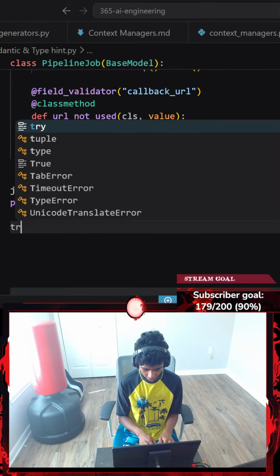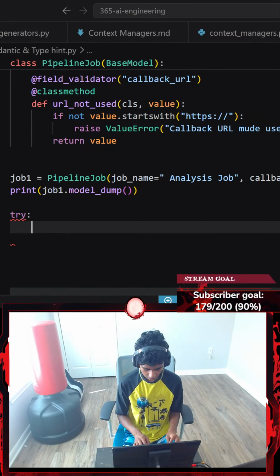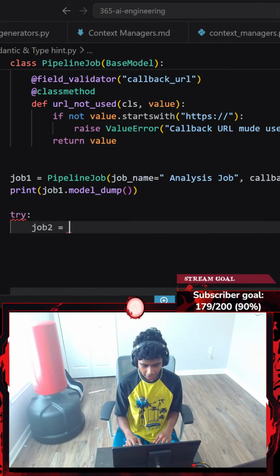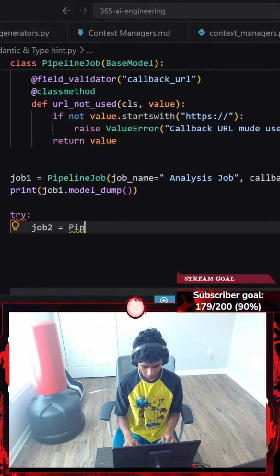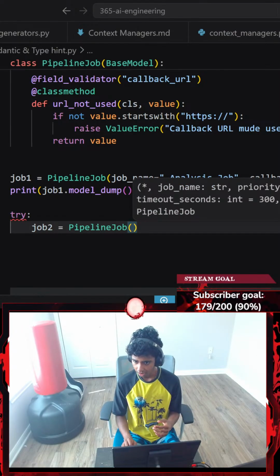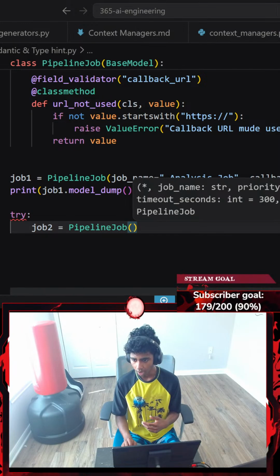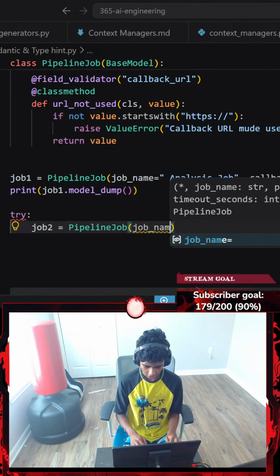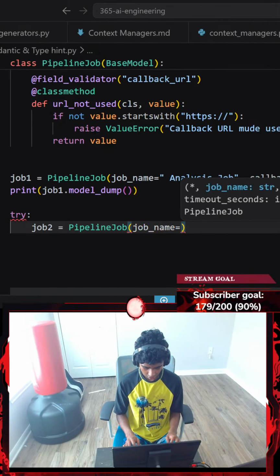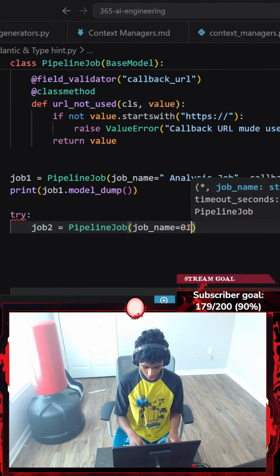That said, I'm going to create a second job, job 2. But this is going to be wrapped inside of an exception block because I'm going to run into an error here. Let's go with PipelineJob that is going to have a validation error for a job name that starts with a digit. Let's go with job_name is going to be equal to 01